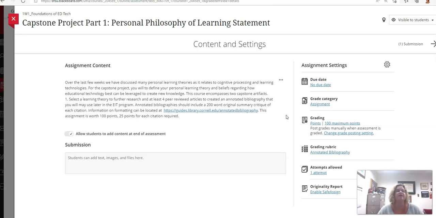And you're going to create an annotated bibliography. You might be like, what is an annotated bibliography? An annotated bibliography is a short 200-word only, kind of like an abstract, but it's a summary of the article. The reason why I want you to make a summary is because in a year, if you're in the EIT program, you might need this article to refer to in your work, in your last course, in the actual capstone course.